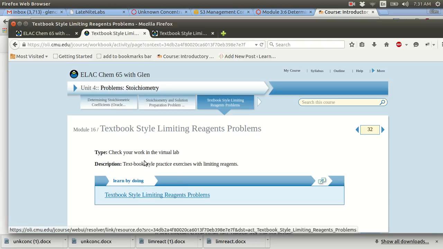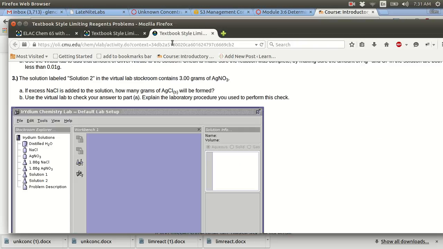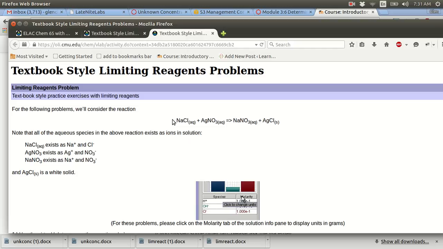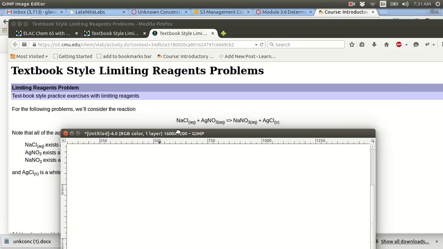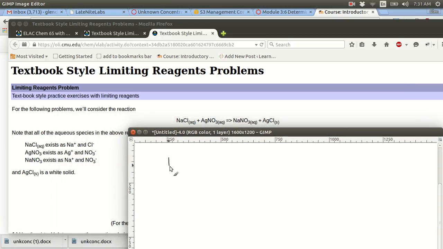So when you open Module 16, you can just keep on clicking on the links, and you will arrive at this page. We are working on this chemical equation. So let me explain to you something about that chemical equation before you start doing this work. When you mix in some container some sodium chloride solution with some silver nitrate,